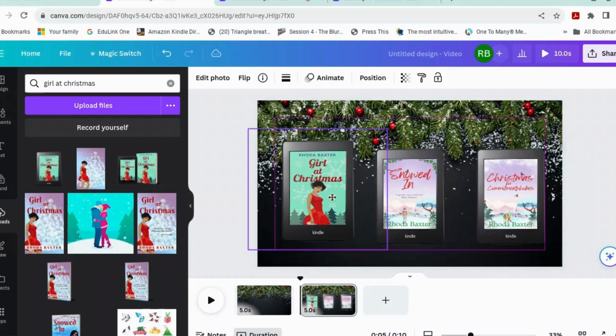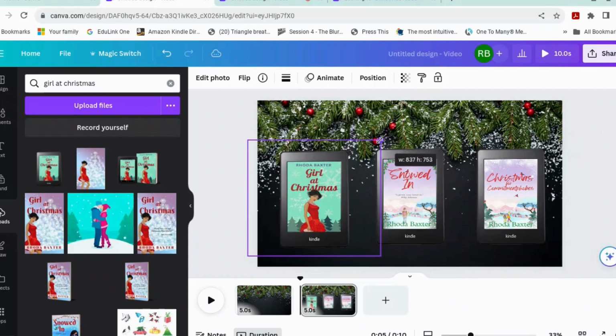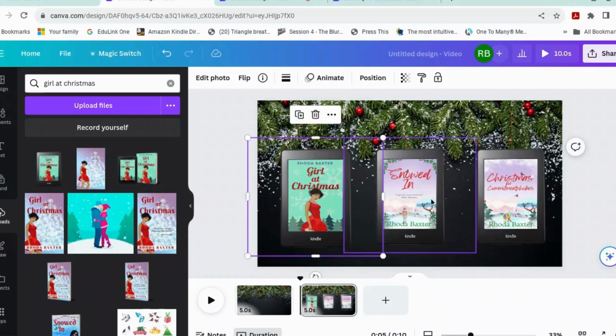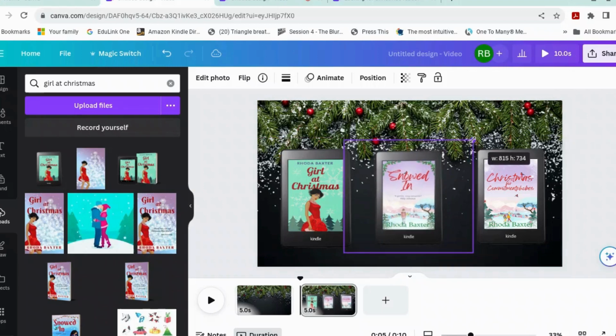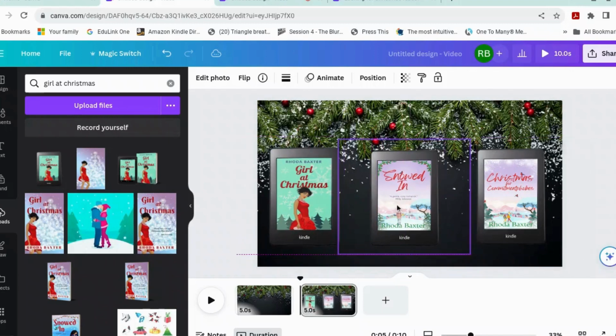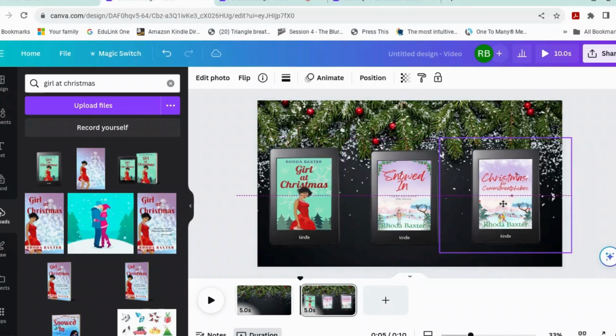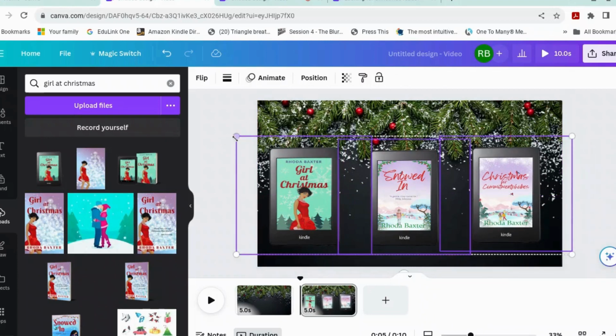Now, the way I've made these mock-ups is using DIYbookcovers.com. You can also use Canva's own mock-ups, but I like the DIY book covers ones. Right, so I'm going to space them. They're a bit big, aren't they? Make them a tiny bit smaller. Select them all and